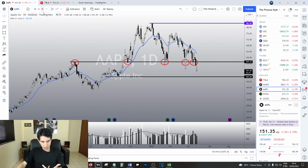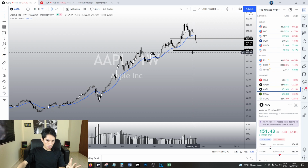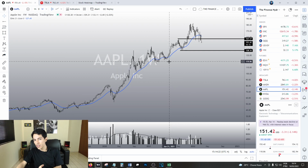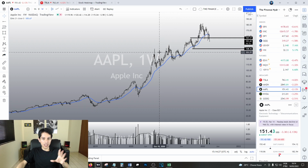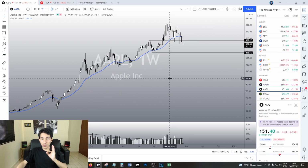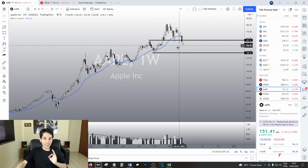In the weekly chart, if we analyze the long term, the trend is still bullish, okay? It is still a crystal clear bull trend on Apple. And there is not a single bullish reversal sign on it. So we can't say that Apple is going to be a sell, it's worth to short it right now. In fact, it is totally the opposite. Right now, Apple, it is not worth to short at all, and I do not recommend selling it in this